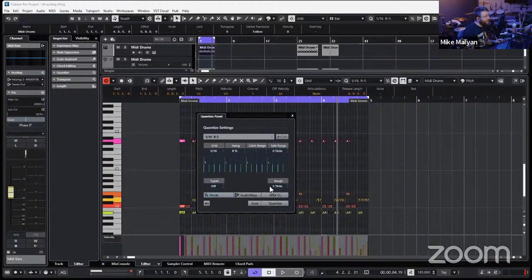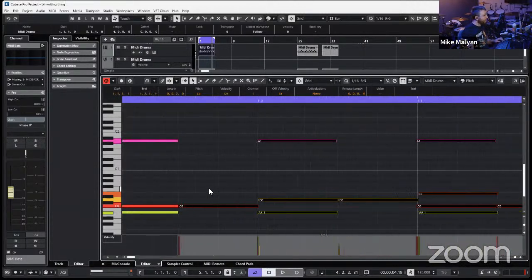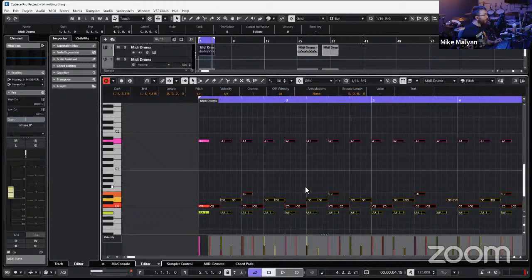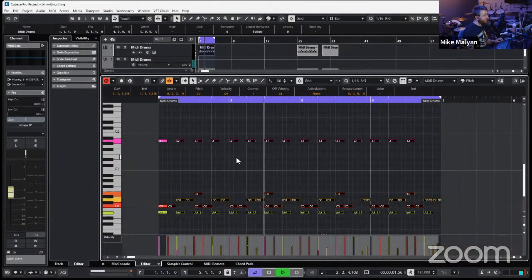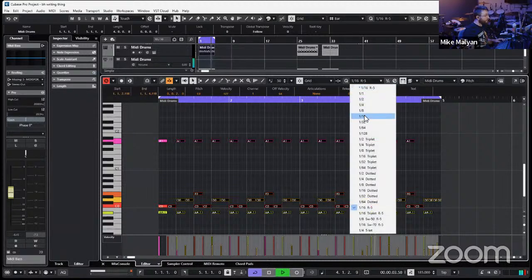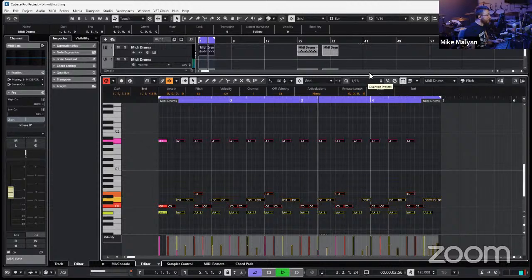But this 5 ticks is kind of interesting because it depends what the base of that actually is. But as I hit quantize over and over again, you'll see they get kind of nervous and move around. Any one of these is absolutely fine, and it adds a nice bit of realism. It's very subtle if I turn it back to completely straight.